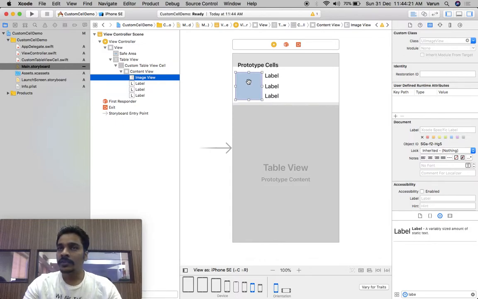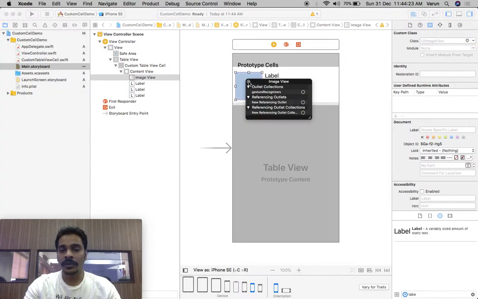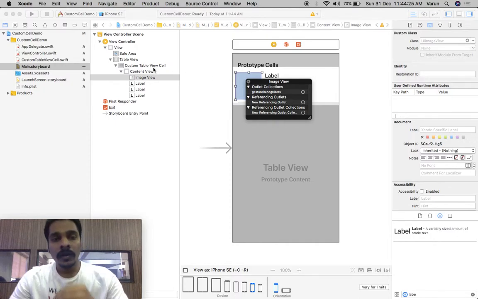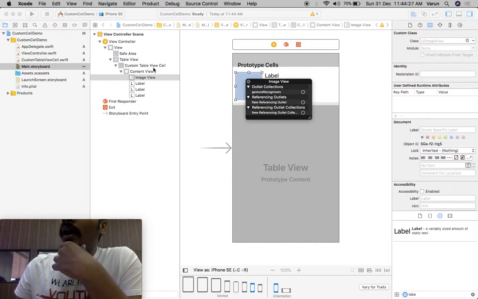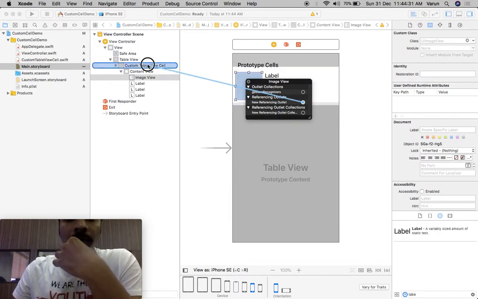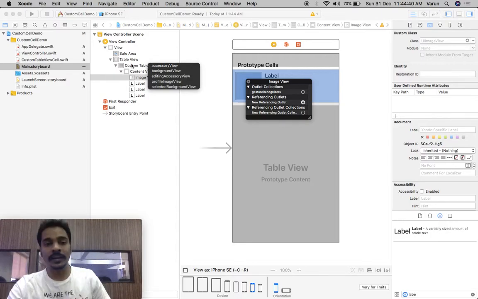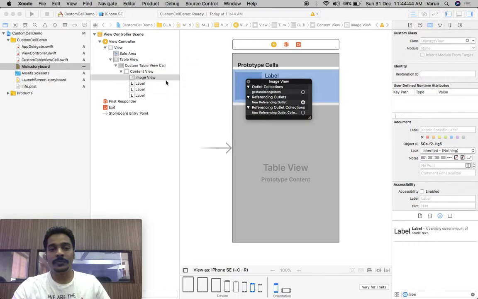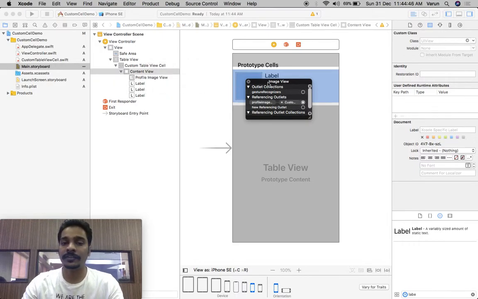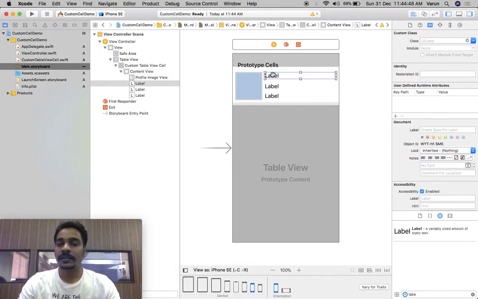Now the thing is, you need to connect those outlets to the custom table view cell. New referencing outlet, and I will drop it on the cell only, not the view controller, because we have connected the cell, right? Profile image view, we are having connection. Fine. Then again,